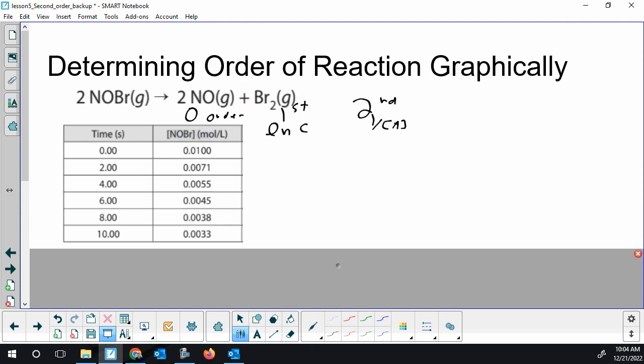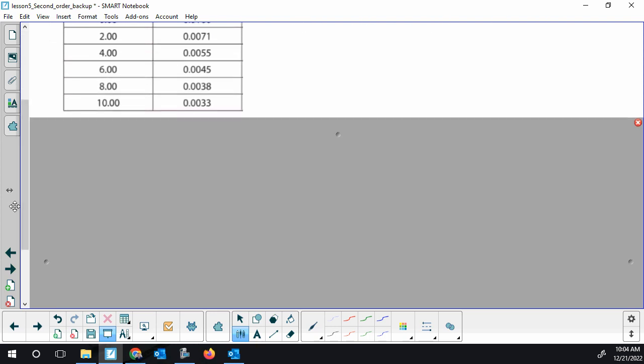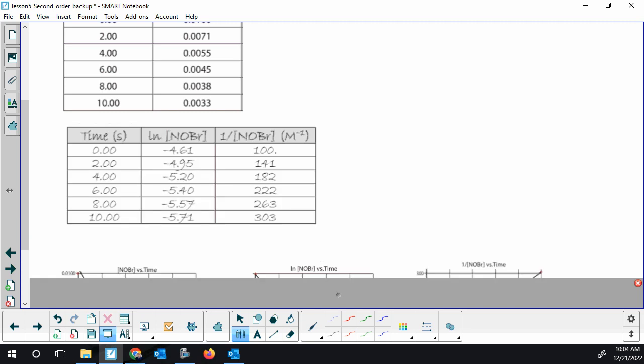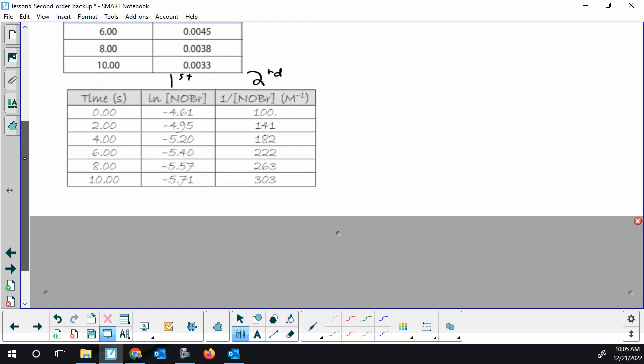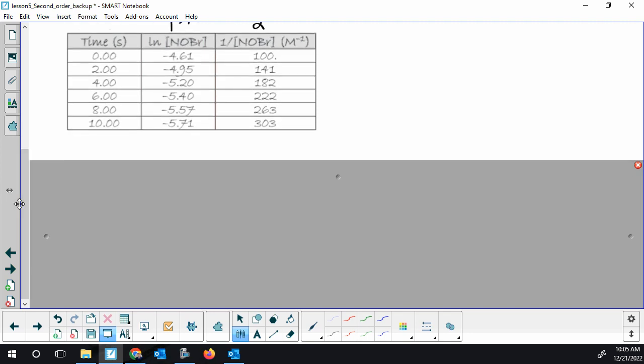So it's a bit time consuming to figure out the order graphically. So first part, we've already got the straight up concentration. Take your natural log, this might tell us whether it's first, and the inverse would tell us possibly whether it's second. When you do that for all three potential orders,